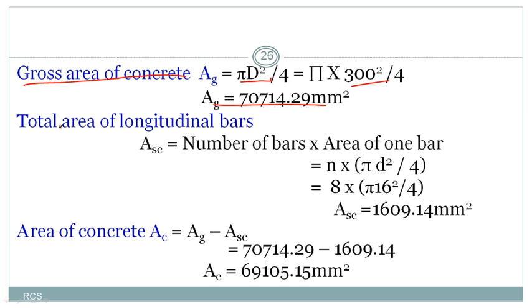70714.29 mm square, and total area of longitudinal reinforcement equal to number of bars multiplied by area of 1 bar. Number of bars is n. Pi by 4 d square is the area of 1 bar. If you substitute 8 into pi by 4 into d square, you will get area of steel in longitudinal direction as 1609.14. Now we need to calculate area of concrete, that is Ac. If you deduct area of steel from gross area of column, we will get the area of concrete, that is